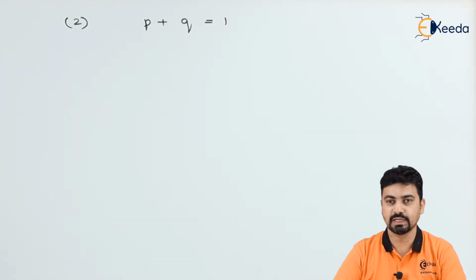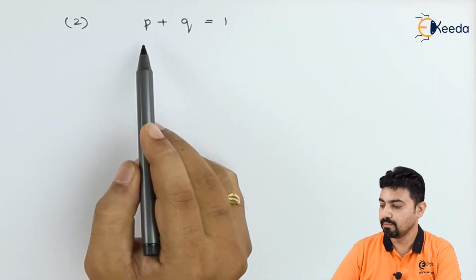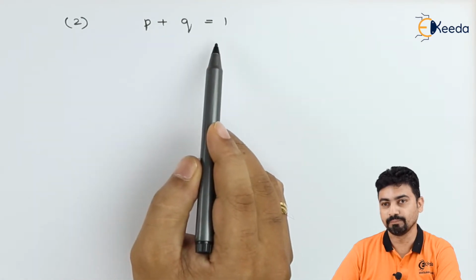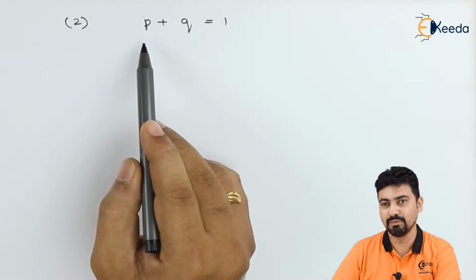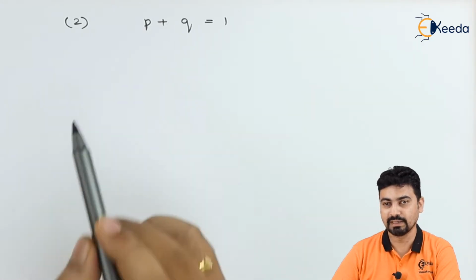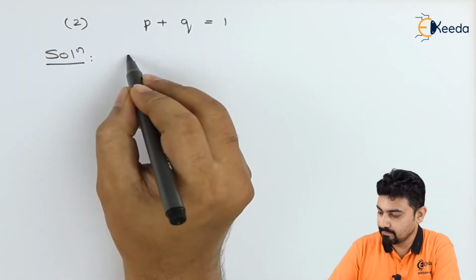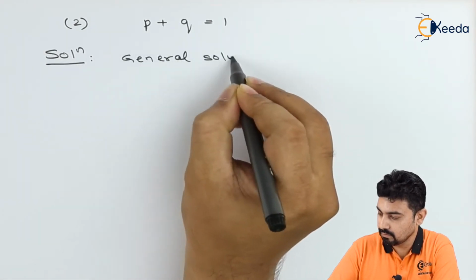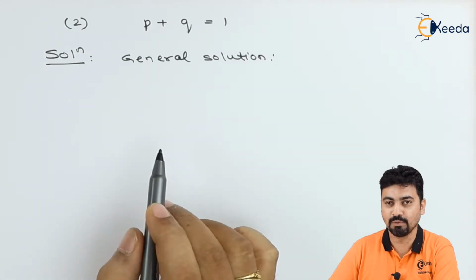Let us take the first example for this video. So we have p plus q is equal to 1, where p and q are the standard definitions. P will be del z by del x and q will be del z by del y. Let us start with the solution. The general solution, the standard form what we write always is,